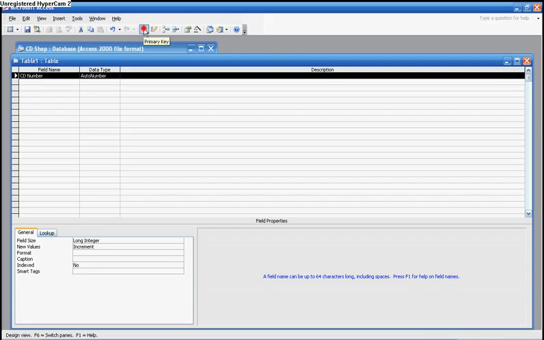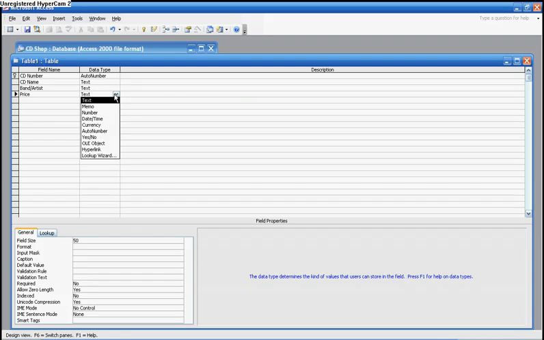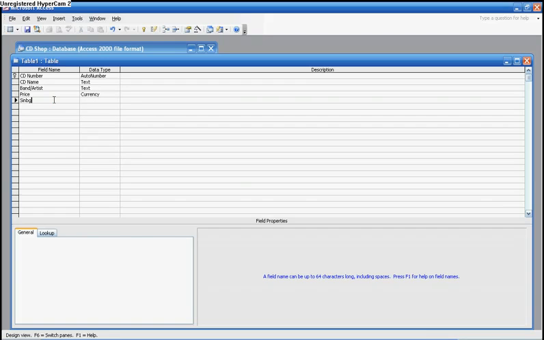Now what that means is that the number of the CDs, the CD number, will never be the same more than once. Every number will be unique. Now next I put in CD name, then I give the band or the artist, and I'm going to leave these as text. Next I'm going to give the price. I'm going to leave that as a currency field,